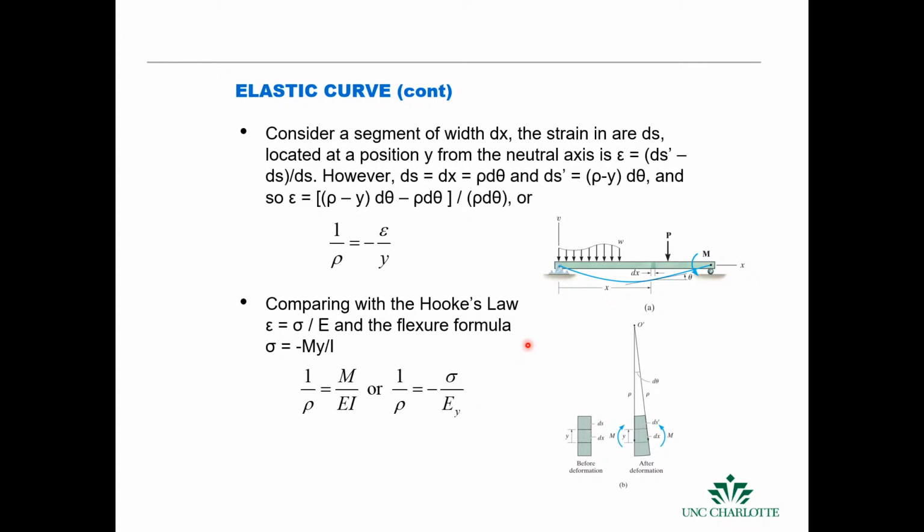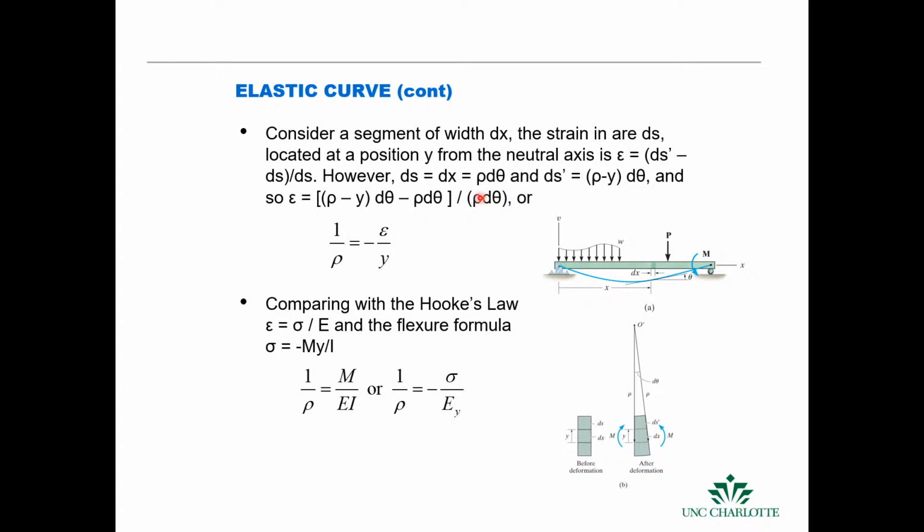This is how we can derive this relationship. If we look at a tiny little segment of the beam, and we look at how that segment changes in geometry before and after an applied bending moment, we actually get a strain. At the beginning this element's distance is ds, and then after we apply load, that distance changes slightly. If it's above the neutral axis, it's being compressed in this case, which makes it smaller.